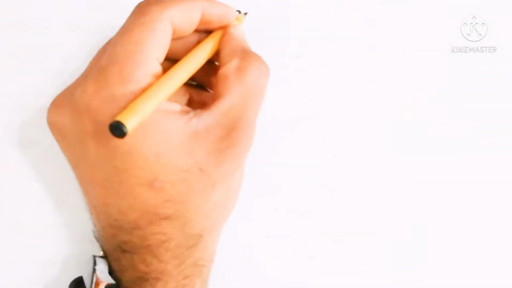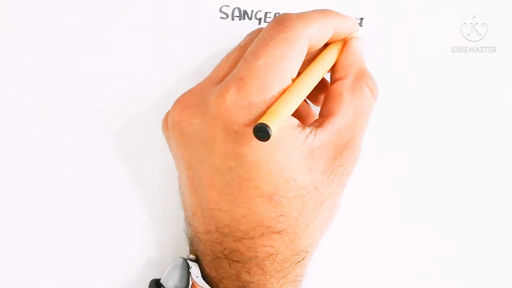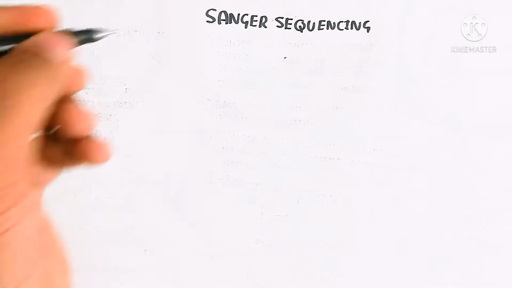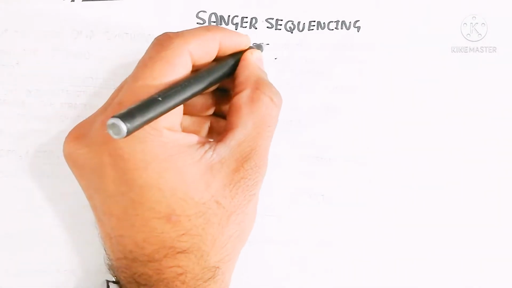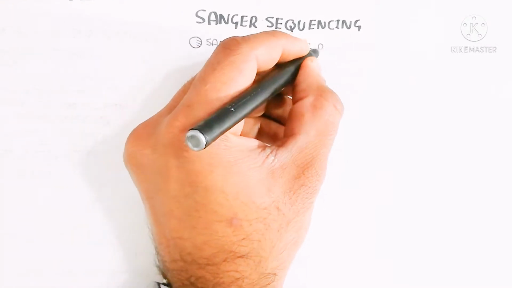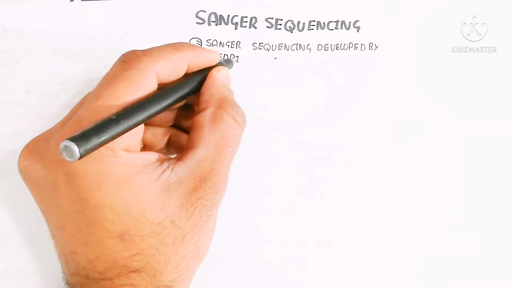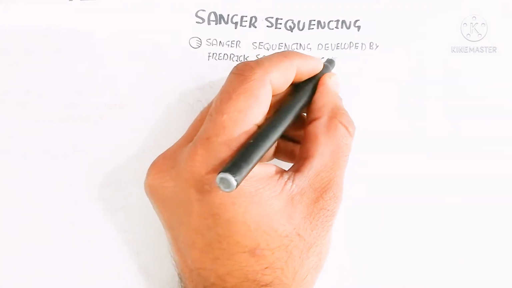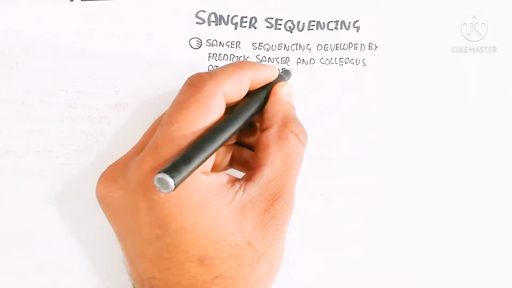Hello, in this video we will discuss the Sanger method, Sanger sequencing of DNA. So what is that? That is a very important topic, and it is relevant to the examination. Sanger sequencing was developed by Frederick Sanger and colleagues at the University of Cambridge in 1977,